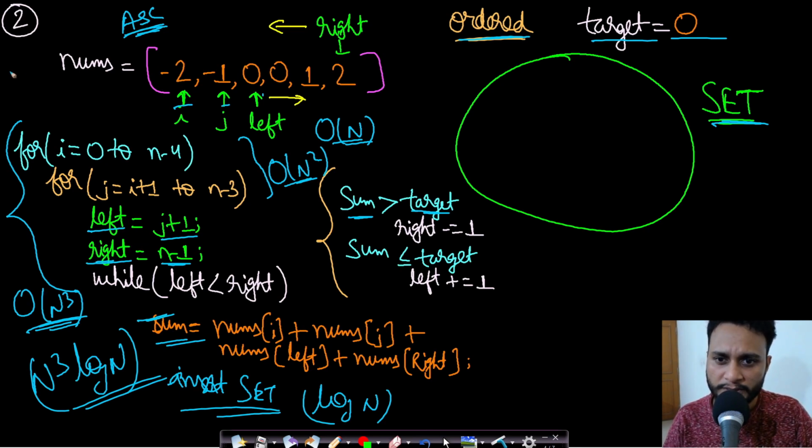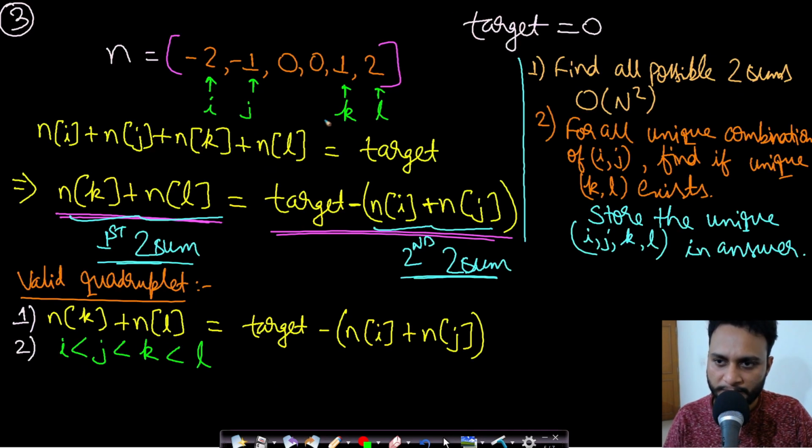So these two approaches were by using set, but there is a third approach which will use hash map. Now how do we use hash map in this case? How can we think about it? Well, the set approaches seem to be very intuitive, but the hash map approach may not be so intuitive, right? Now in this case we have already ordered the elements.